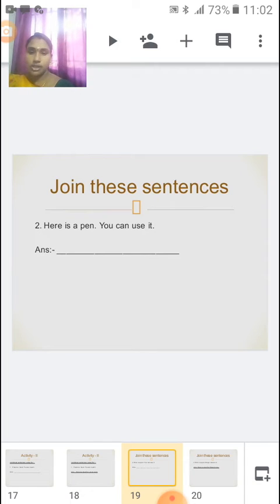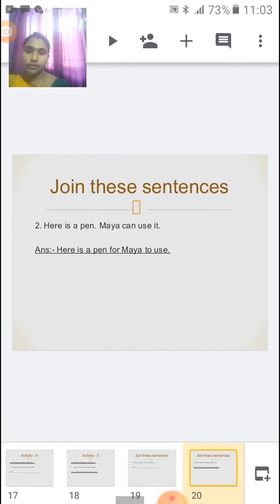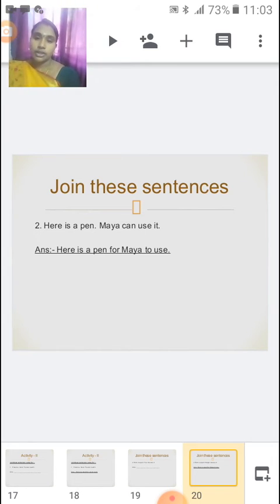Okay? So instead of you, if you want to put a name, for example, here is a pen, Maya can use it. So when a name comes instead of you, you can write it like, here is a pen for Maya to use. Okay? So next one,